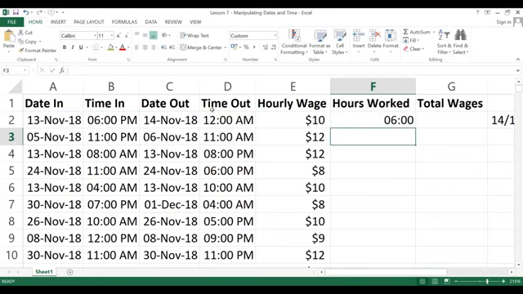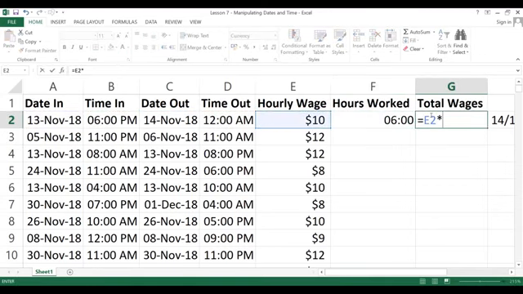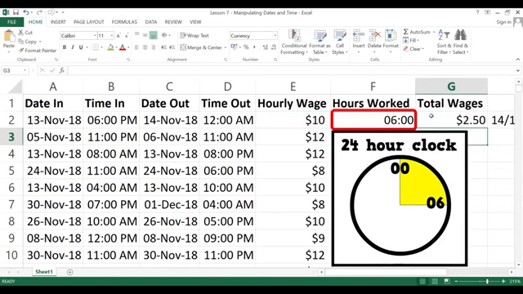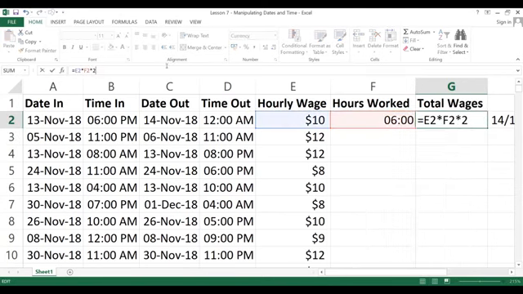Now that you know time are decimals, using the hourly wage multiplied by this cell here, it's not multiplying it by 6, but 0.25. Hence, you should use 0.25 and multiply it by 24